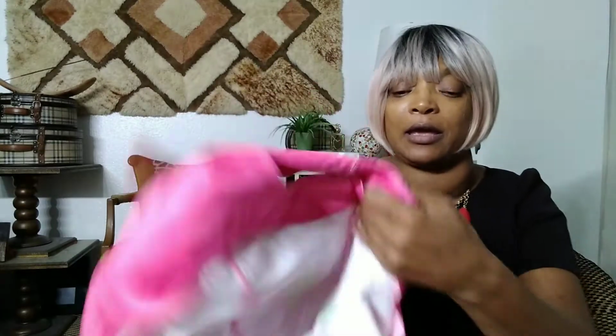When you go thrift store shopping, if you think you're going to go in a thrift store and come right out in like 10 to 15 minutes, you might as well not even go. When I go to the thrift store, you guys, I'm prepared to look, I'm prepared to dig, I'm prepared to stay for hours. When you're shopping for clothes, one tip for me personally, when I go thrift store shopping,